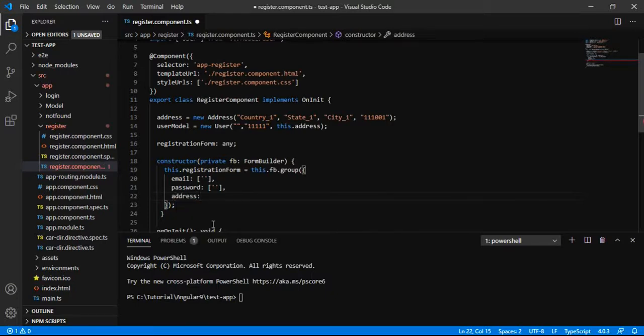So this address is again a group of some fields like country, state, city, pin. So we have to create another group.